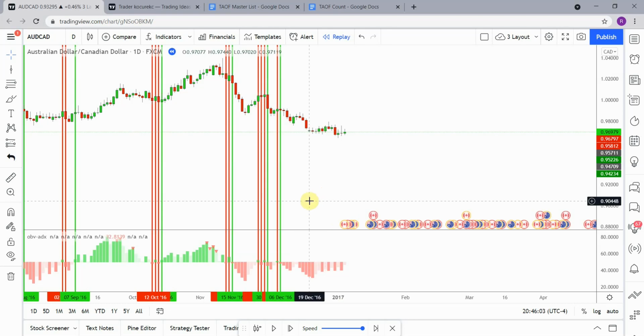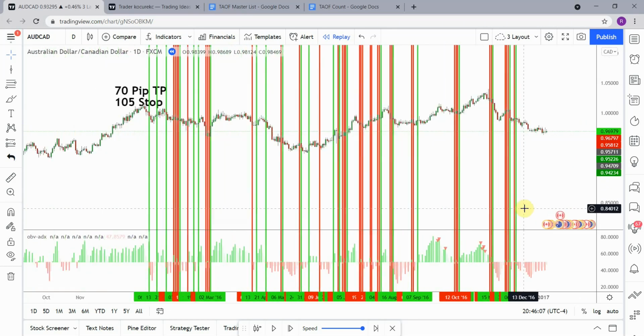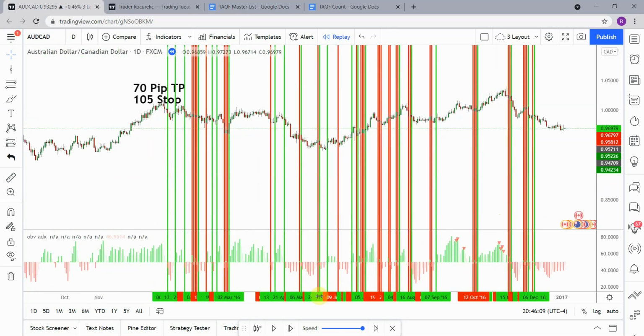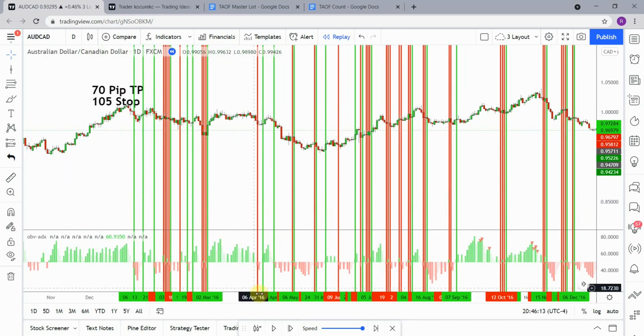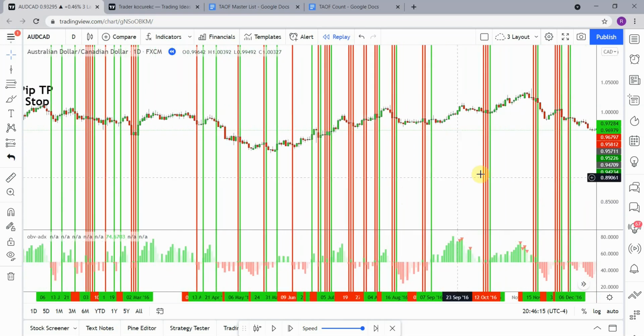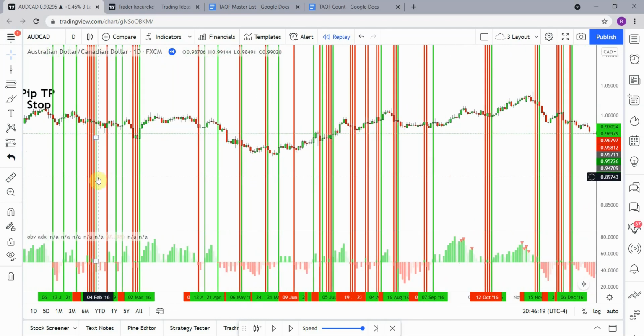Alright, so back to the indicator here. Let's see. Let's get everything in focus here. Gave us a lot of trades. That historically has been problematic, but let's count these out and see what we get. So we have 1, 2, 3,